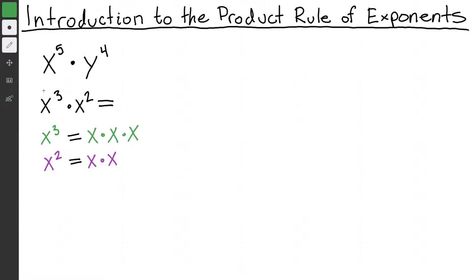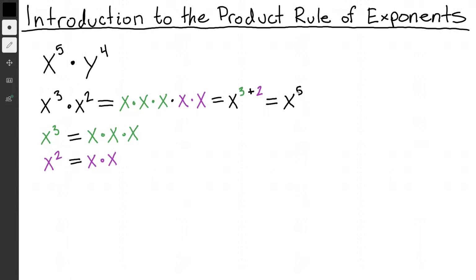So what if we rewrite our original expression here using these expanded versions, where I'm going to replace x cubed with x times x times x, and I'm going to replace x squared with x times x. And so now we see that we have x multiplied together not 3 times and not 2 times, but actually a total of 3 plus 2 times. So we could rewrite this as x raised to the power of whatever 3 plus 2 is,